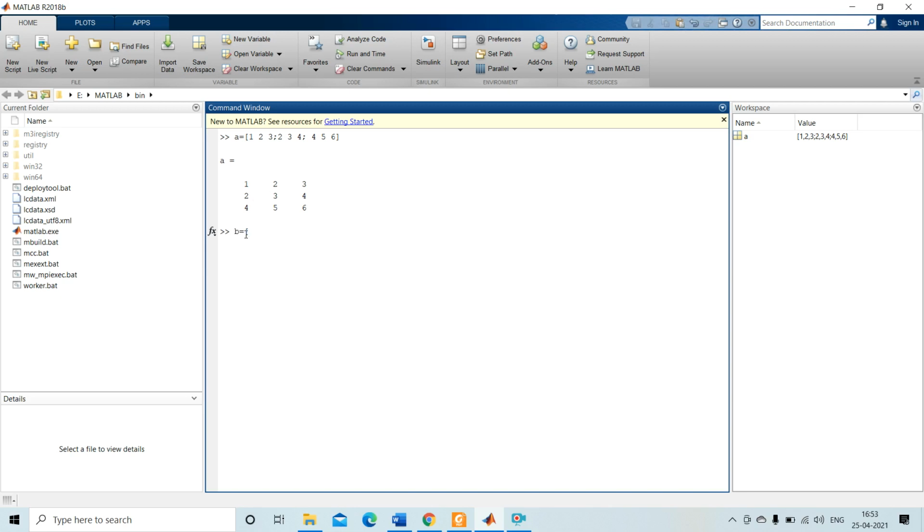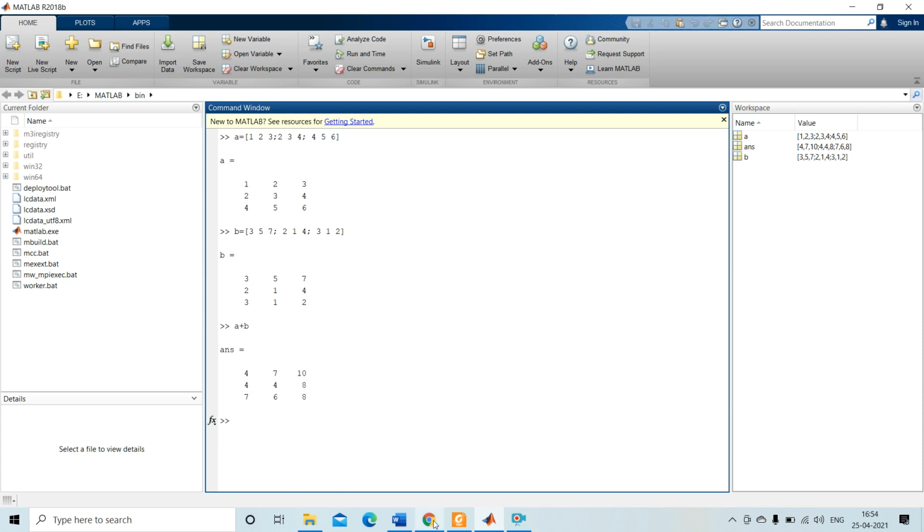Then B equal to... See, these are our two matrices, A and B, created. So I have to perform A plus B addition. So A plus B, enter. This is the answer, another matrix created. So this is the matrix addition.